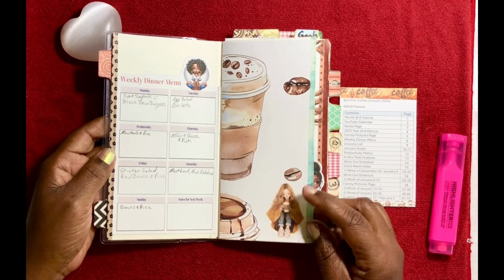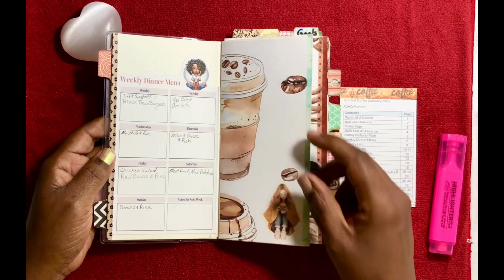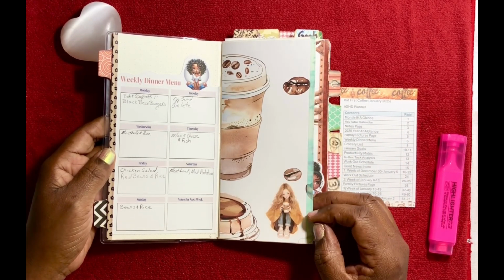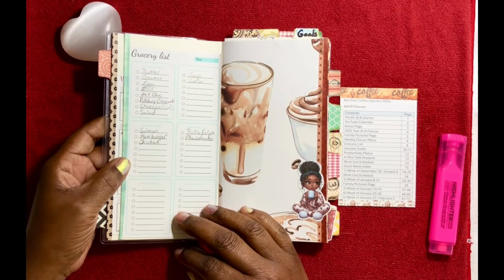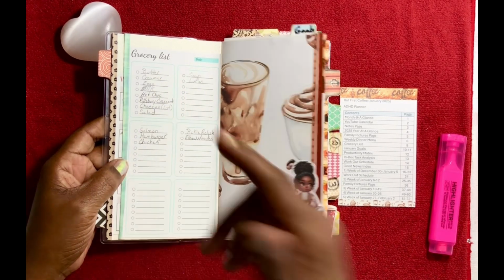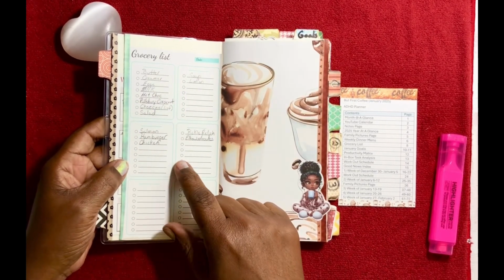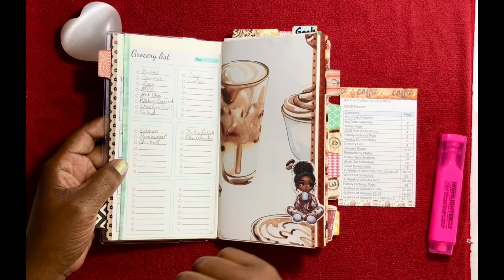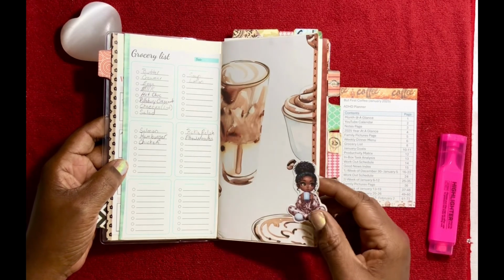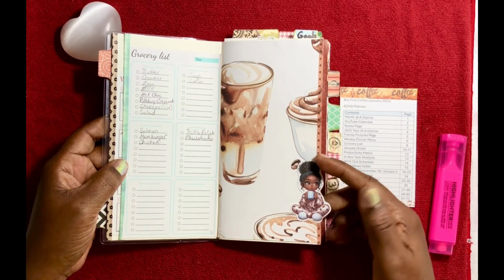This is a decorative page, and I'm going to leave this one as it is. It just really helps me to stay calm by looking at it. On this page, this is a grocery list, and I have not finished filling it out because I am still researching recipes. This is another decorative page,